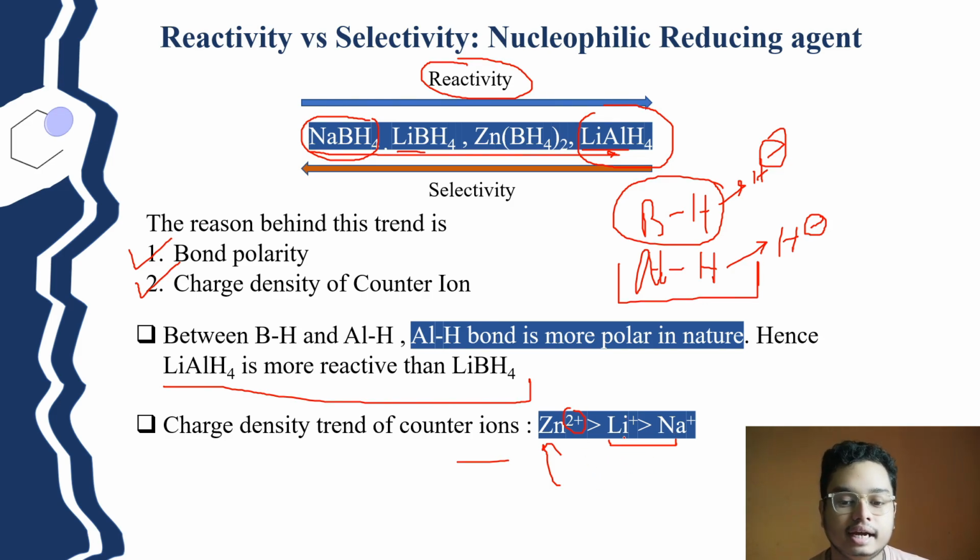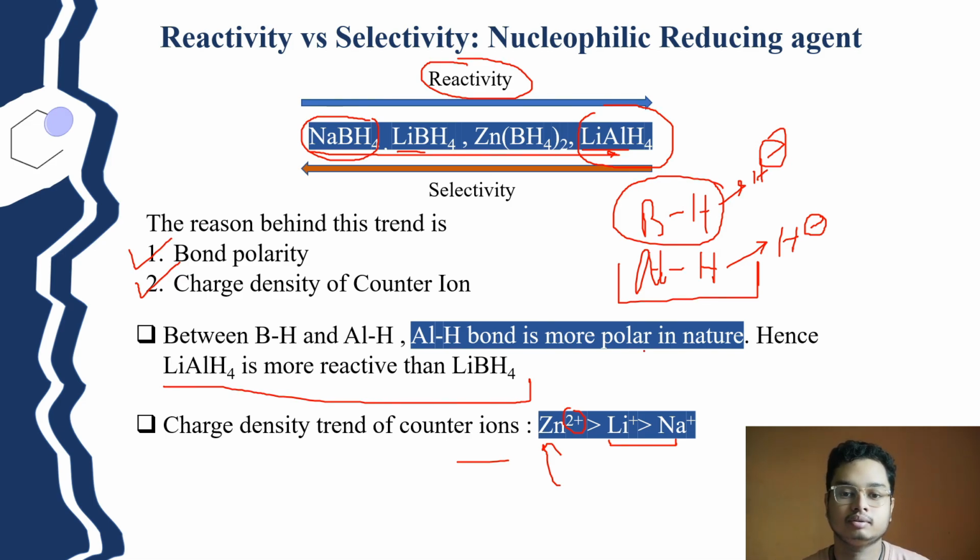That's why the trend continues: sodium borohydride is the least reactive, lithium borohydride is more reactive than sodium borohydride, and zinc borohydride is much more reactive than these two because of the charge density. And lithium aluminum hydride is the more